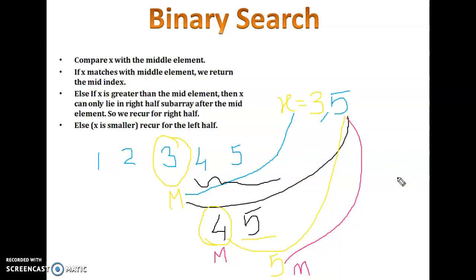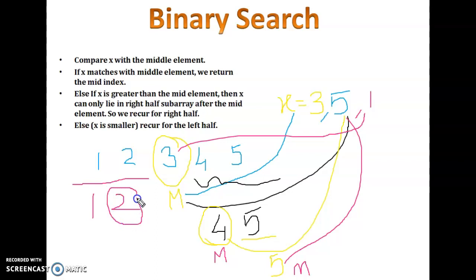This says that the same will be repeated on the other side also. If the key element that we are going to take is 1, the same procedure goes on. Here you are going to compare 3 with 1. It is lesser, so you are going to check this part. So you are going to have these two elements, and now 2 becomes the middle element.